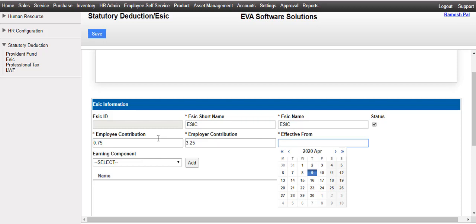But after July 2019, the percentage changed and now it is 0.75% for employee contribution and 3.25% for employer contribution. So by entering effective date, you are giving a clear instruction to system that this new calculation should only work for the payroll done from July 2019 onwards. So in Effective From, I will enter July 2019.